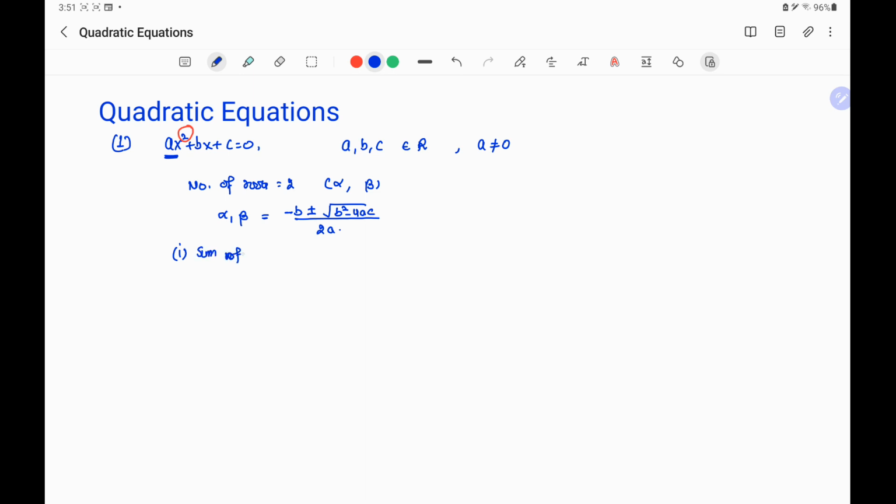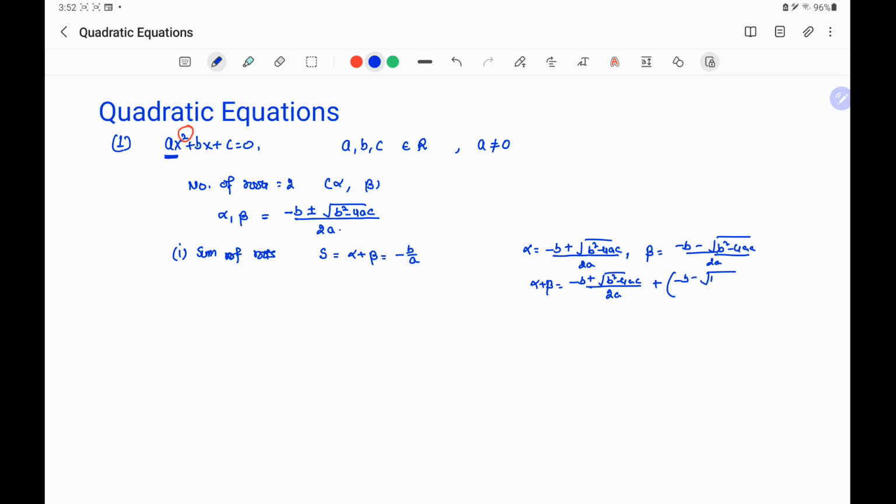So the sum of the two roots of a quadratic equation, represented by capital S, equal to alpha plus beta, will be equal to minus b by a. This can be very easily calculated, because alpha equal to minus b plus root b square minus 4ac by 2a, and another root is beta, that is equal to minus b minus square root of b square minus 4ac by 2a. If we add these two roots, alpha plus beta, it will be equal to minus b plus square root of b square minus 4ac by 2a plus minus b minus square root of b square minus